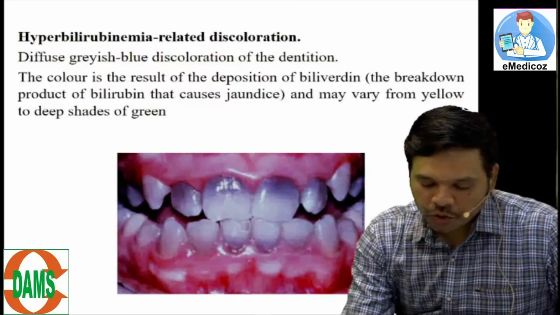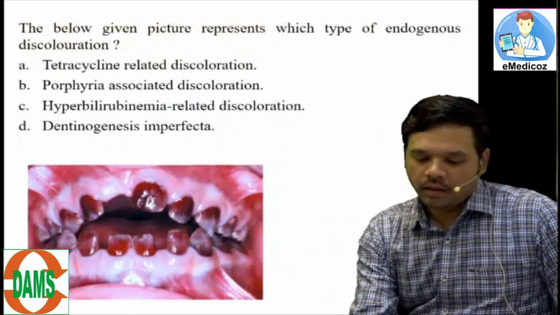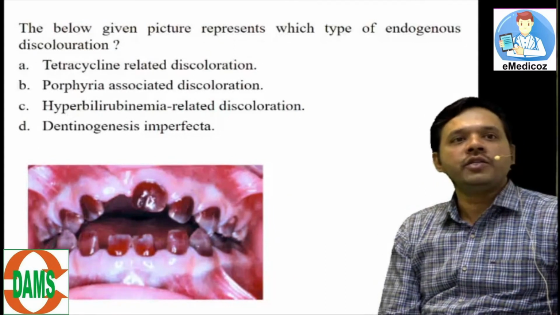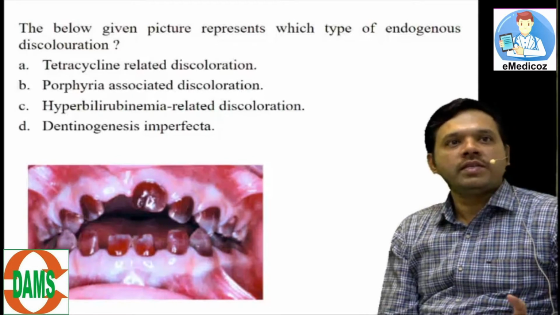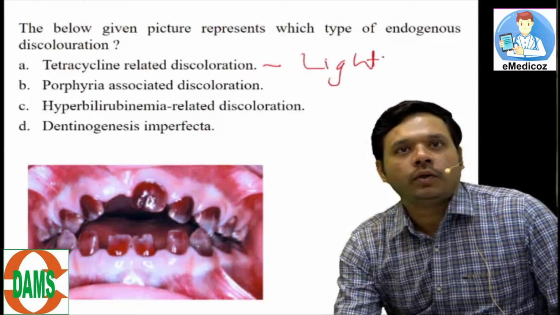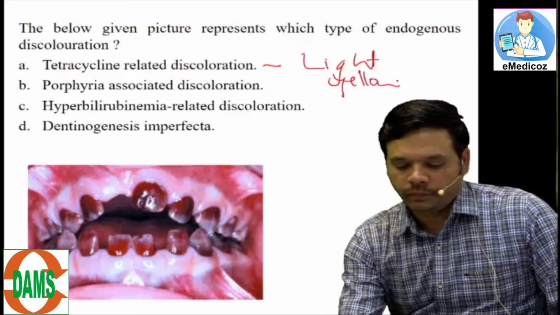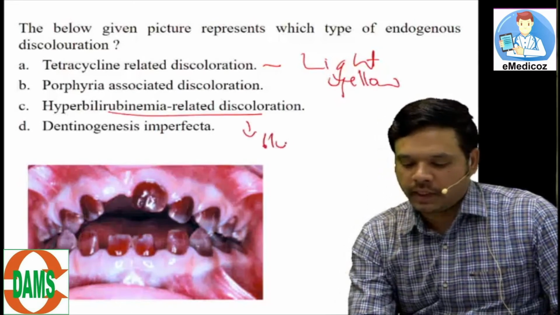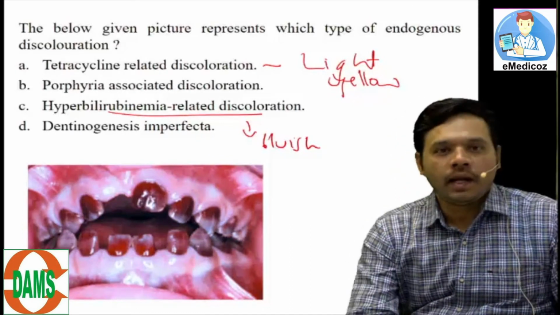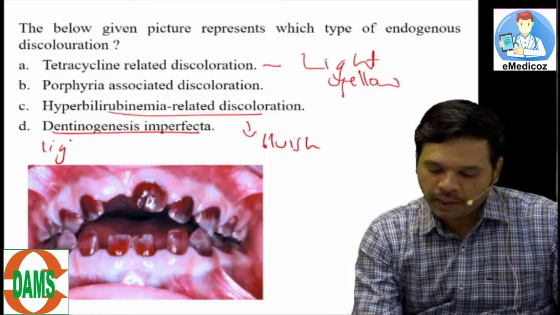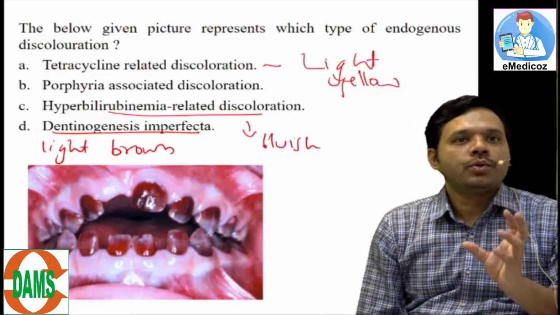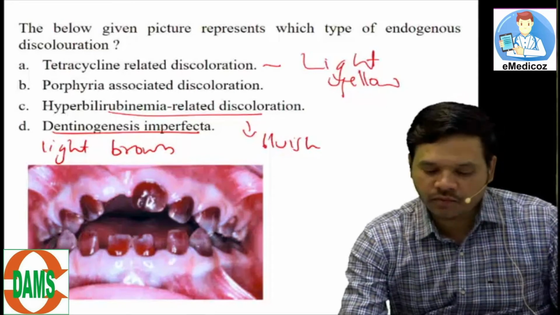then it can lead to the discoloration of the teeth. Coming back to the question here, the question simply says, the given picture represents. If you come back to the color here, it is basically reddish brown discoloration. So we have seen the different colors. Tetracycline stain will usually show a light yellow color, and bilirubin will usually have a bluish tinge. Dentinogenesis imperfecta will show discoloration, but it will be light brown. It will not be such a dark brown discoloration which has a reddish hue. So dark reddish brown discoloration is a characteristic feature of porphyria